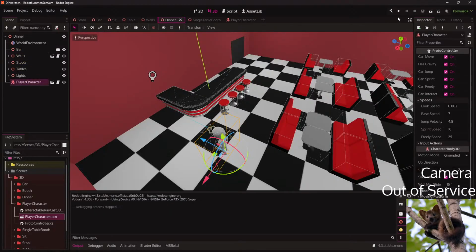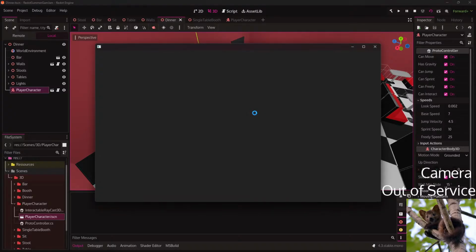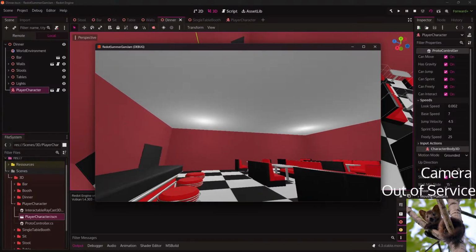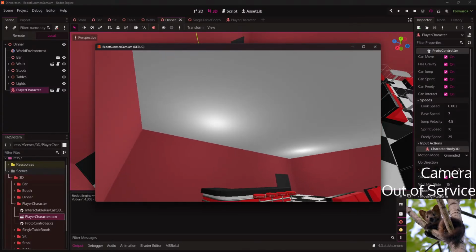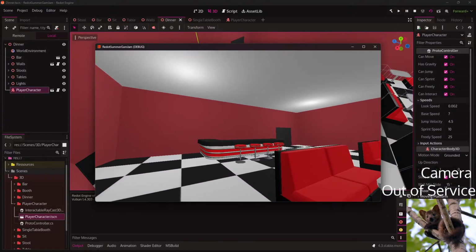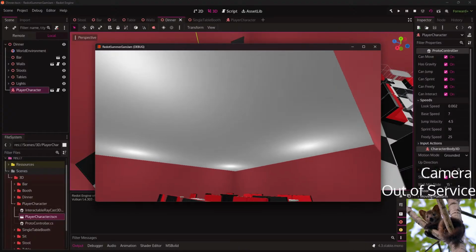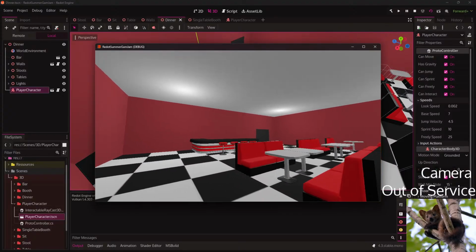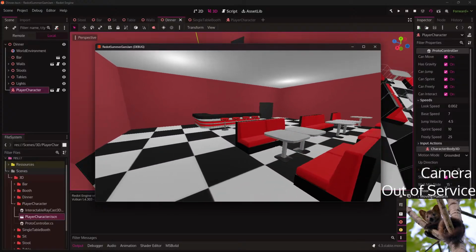Okay, there it is. So technically I just need to create a few meshes for the lights, but that's not important.